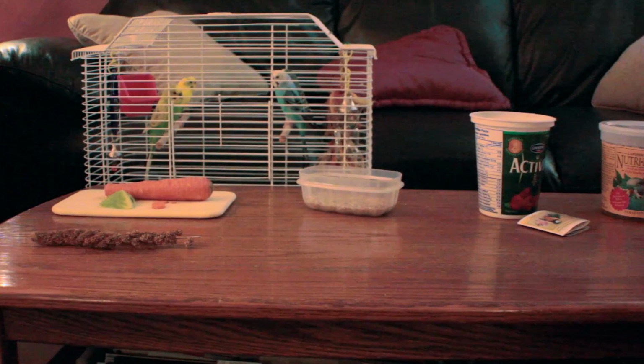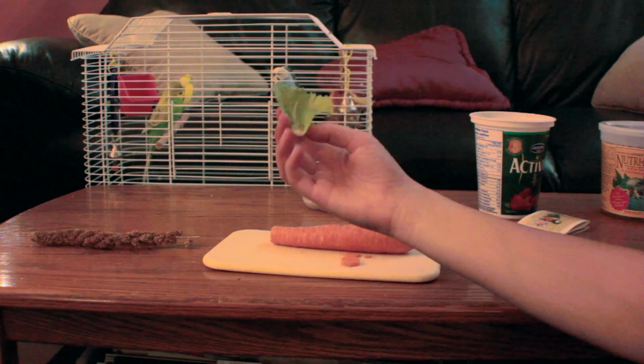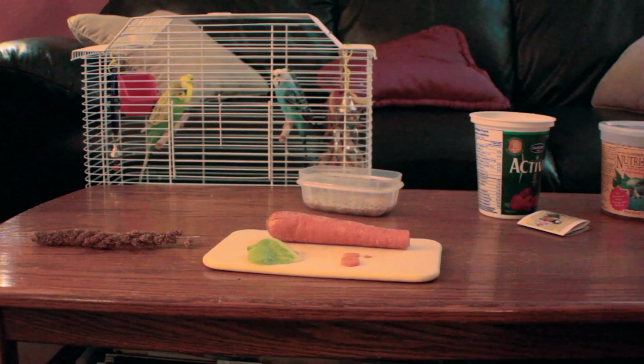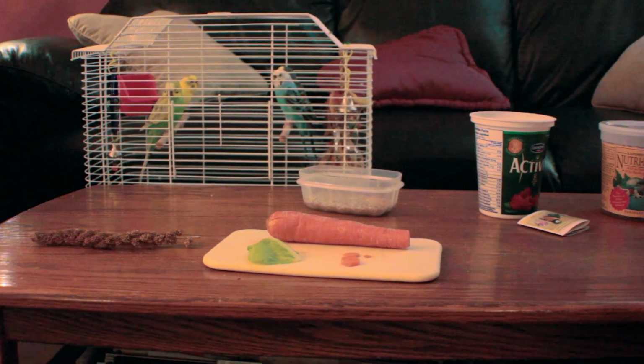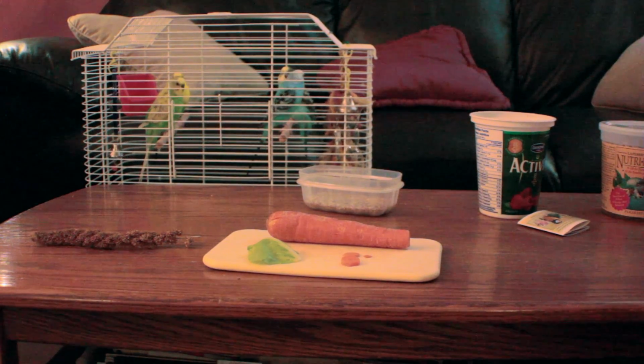So another very important factor in your budgies' diets are fruits and vegetables. So here I just have a little bit of lettuce and a bit of carrot. Fruits and vegetables are very important for your budgies to maintain their health, and as you know, they have a lot of good nutrients in them. So please do your research before feeding your budgies just random stuff you find around the kitchen,